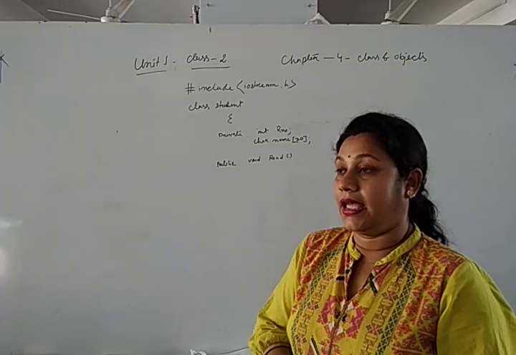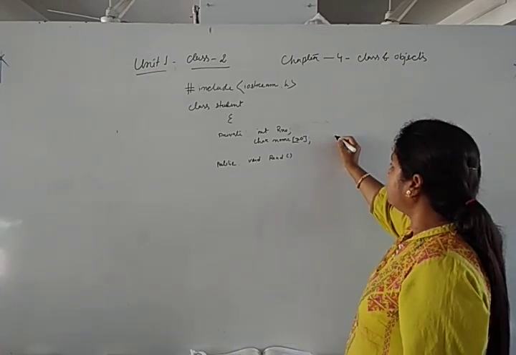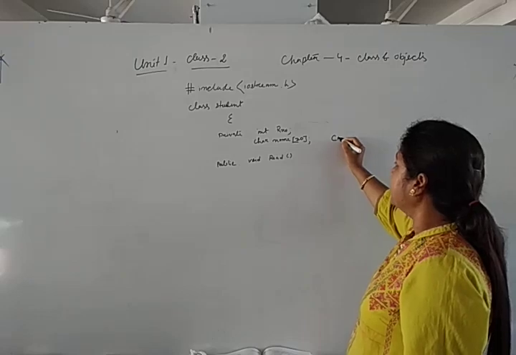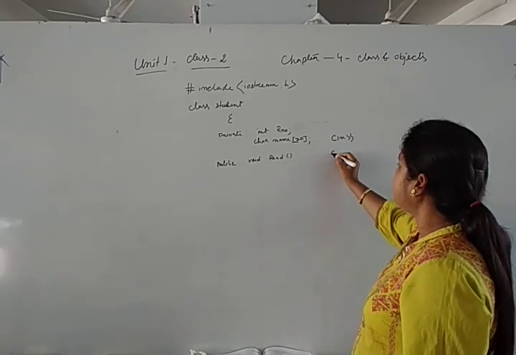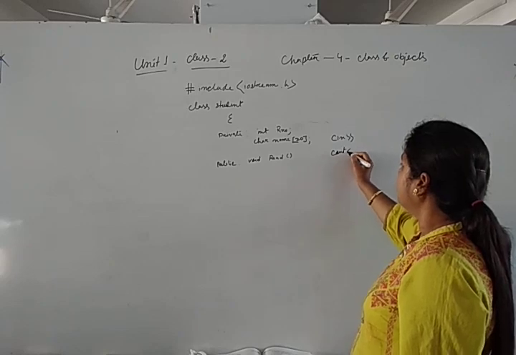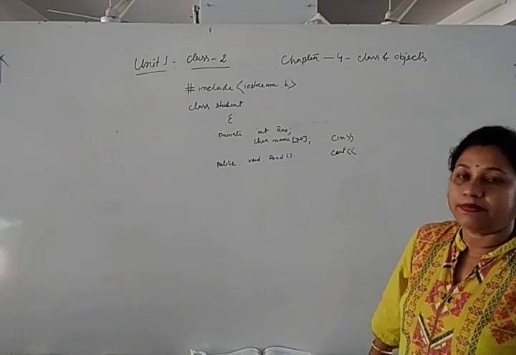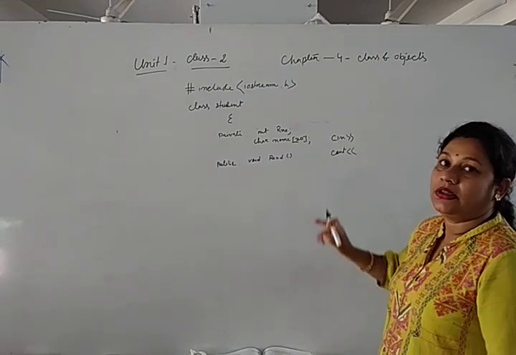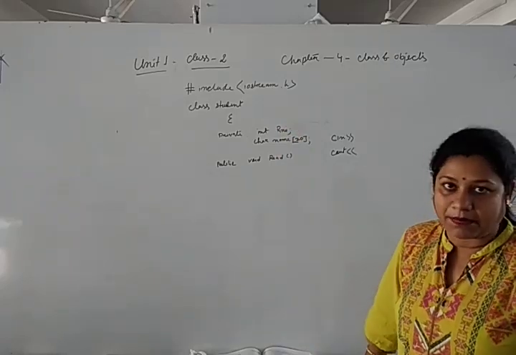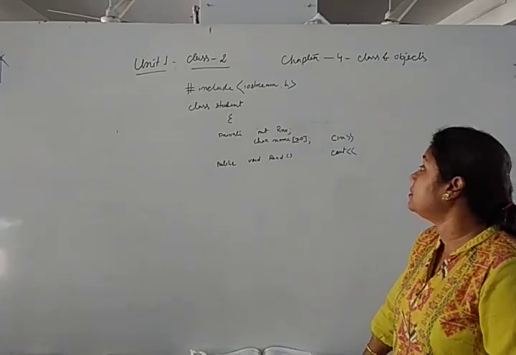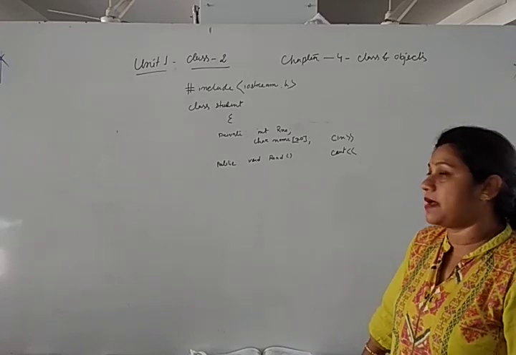And actually we know that there are two types of function. We already use these functions, that is cin. Cin is a built-in function, and cout is also a built-in function. That means the meaning of cin and cout is already explained to the compiler. So whenever we use these functions, there is no need to give the definition of these functions.